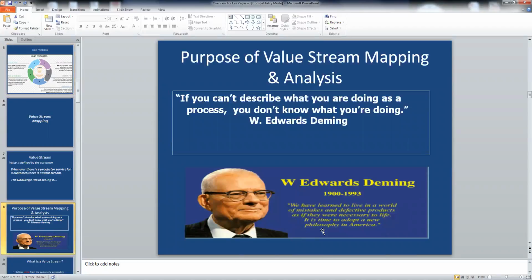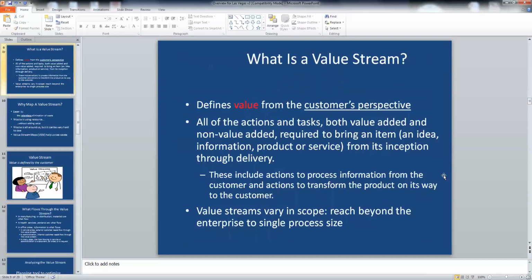So Edward Deming, who really helped create the Toyota production system, which is essentially what Lean is in the United States, had this quote: "If you can't describe what you're doing as a process, you don't know what you're doing." And so the value stream map helps us understand step by step in great detail what a value stream map is. And the key thing to keep in mind is we're always trying to look at it from the customer's perspective, because sometimes people get confused